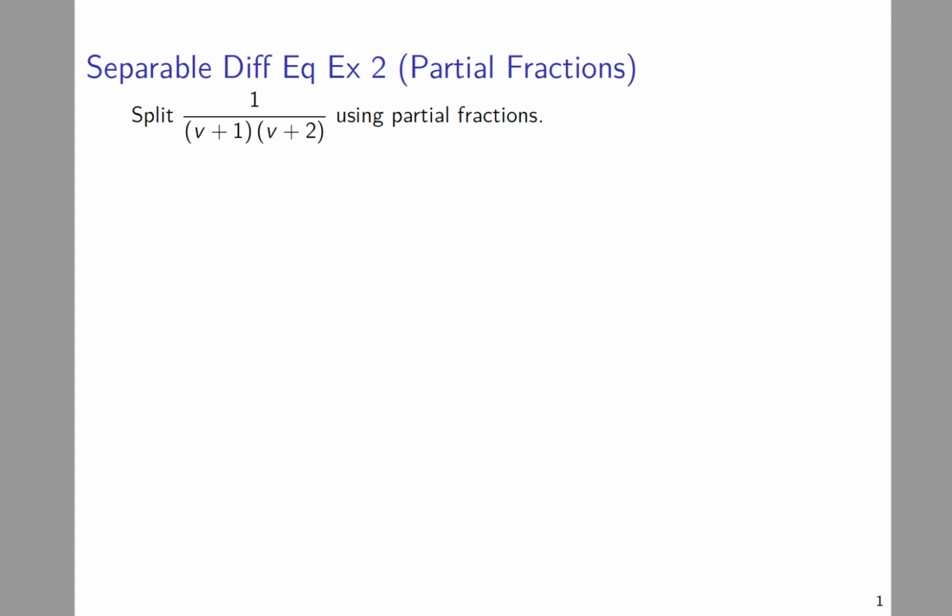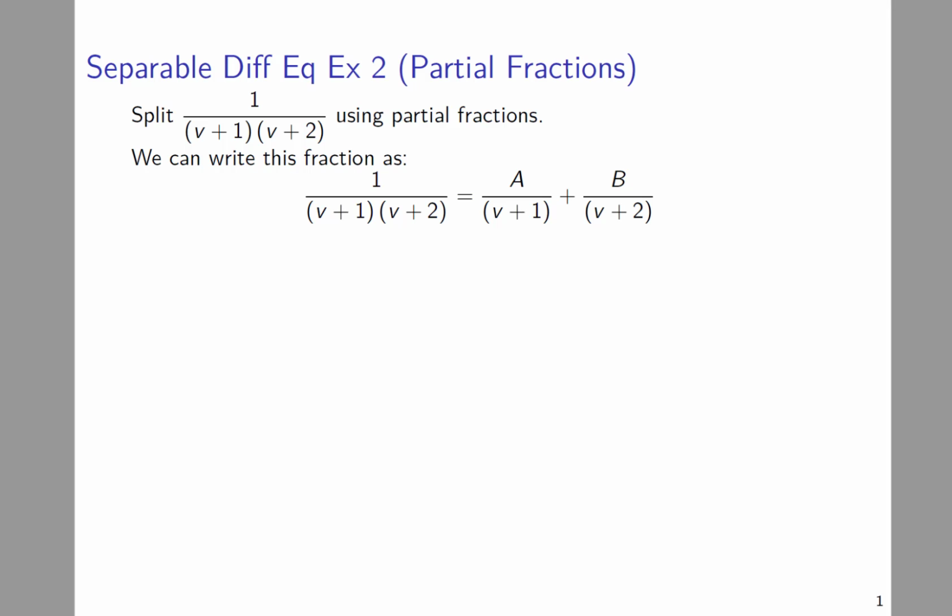Here, we will split up 1 over (v+1)(v+2) using partial fractions. We can write 1 over (v+1)(v+2) as a fraction A over v+1 plus B over v+2. In this process, we'll figure out what constants A and B should be in order for these two expressions to